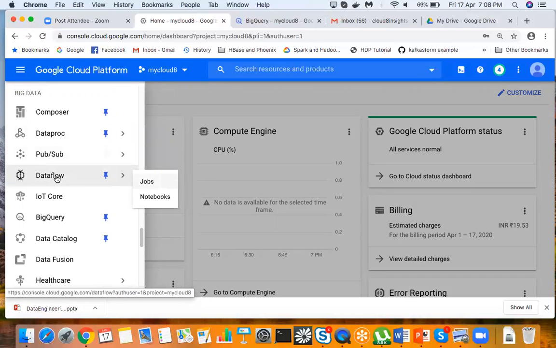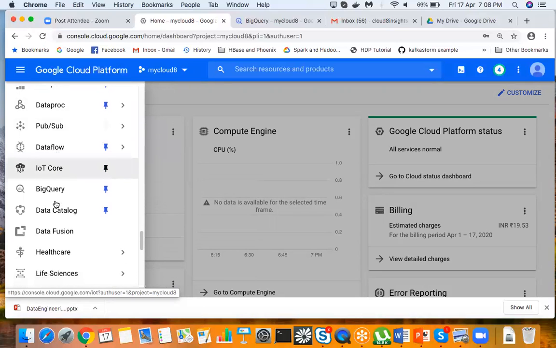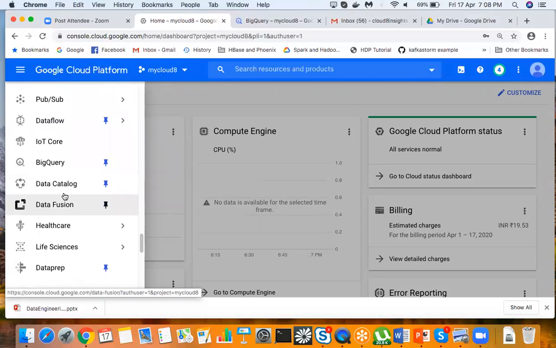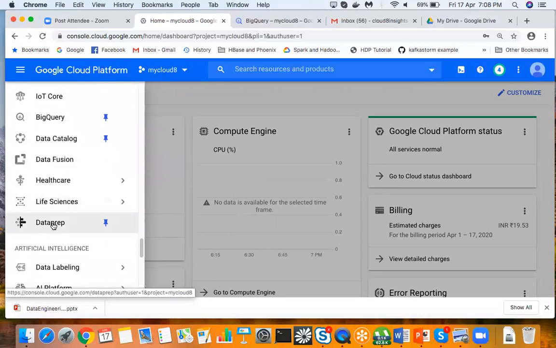Dataflow is an ETL tool. IoT Core, we will not discuss here. Then we will discuss BigQuery in detail, which is a data warehouse service. Data Catalog is used to manage your data. Data Fusion is a drag and drop service to build your data pipelines. Then we will discuss Dataprep, which is a profiling tool.